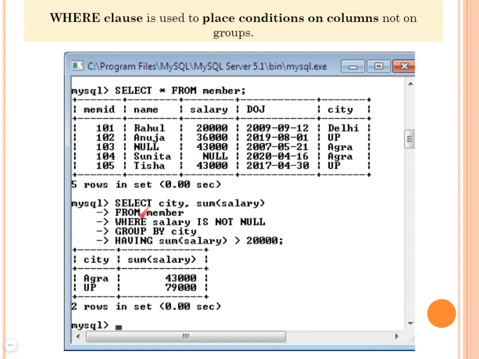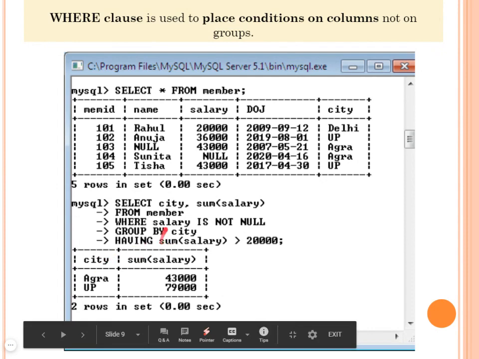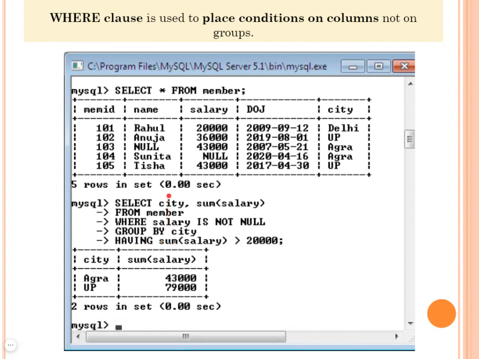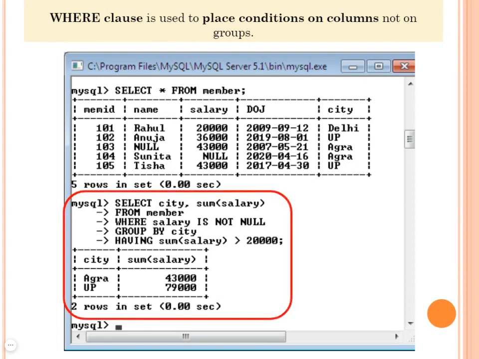Clear? Next is GROUP BY city, grouped according to the city, HAVING SUM(salary) > 20000. So the sum of salary greater than 20,000, those records are to be displayed. So Agra and UP are displayed in this output. I hope it is clear.